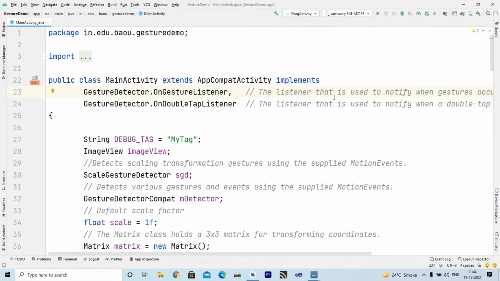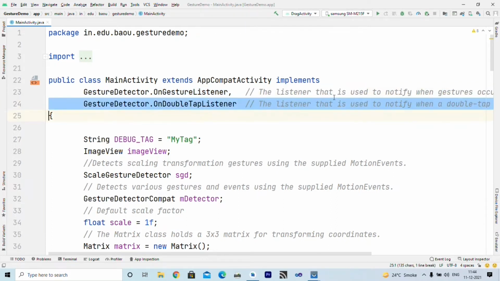So, this is the main interface to detect whether a gesture occurs or not. If you want to implement all other gestures, then you have to implement GestureDetector.OnDoubleTapListener.